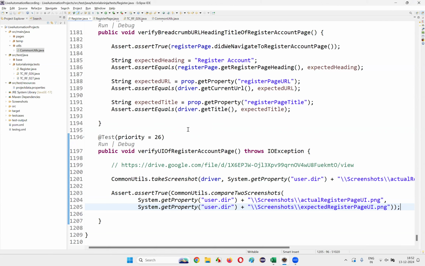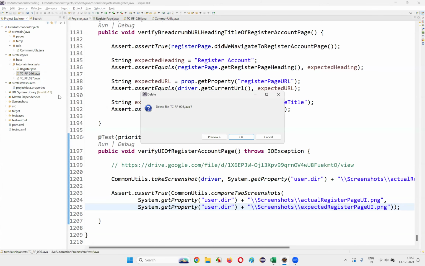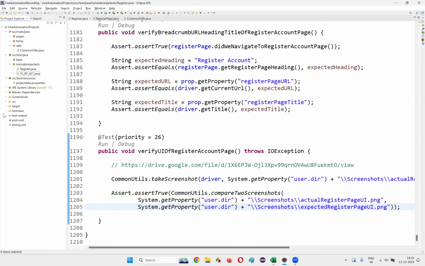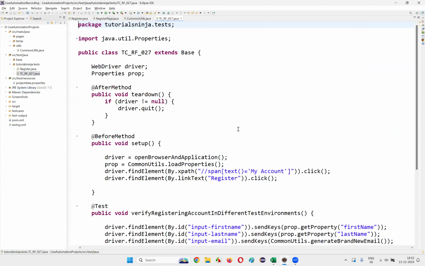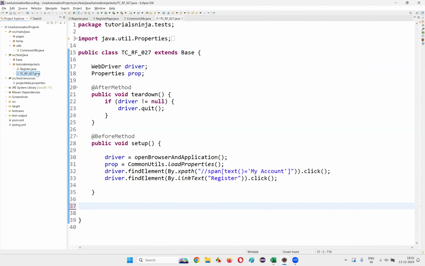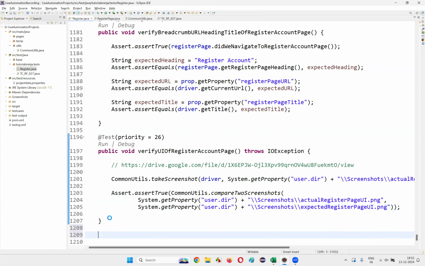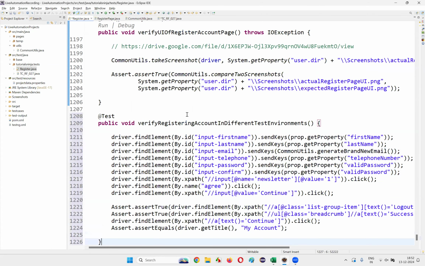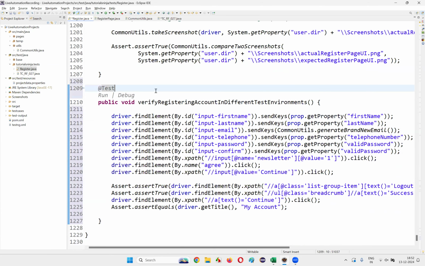Yeah, there is nothing to be removed of the hard coding. So I'll delete the 26th test case also now. Okay, now the next one here is the 27th test case. The 27th test case, I'll cut this TestNG test method from the 27th test case, Control X, and go to the restart.java and here paste it. The last one here. Okay, paste it and 27 here and here write down